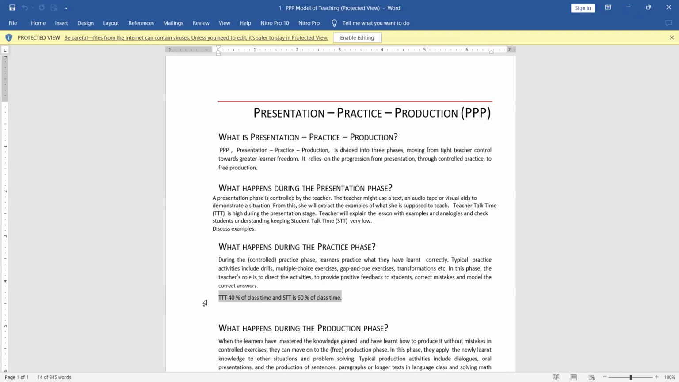But this practice is highly controlled. These practice activities are very controlled. No freedom. Maybe multiple choice, filling the blank activities, then transformation activities. If it is an English lesson, positive sentence into negative sentence, active sentence into passive sentence, you transform. If it is a mathematics one,